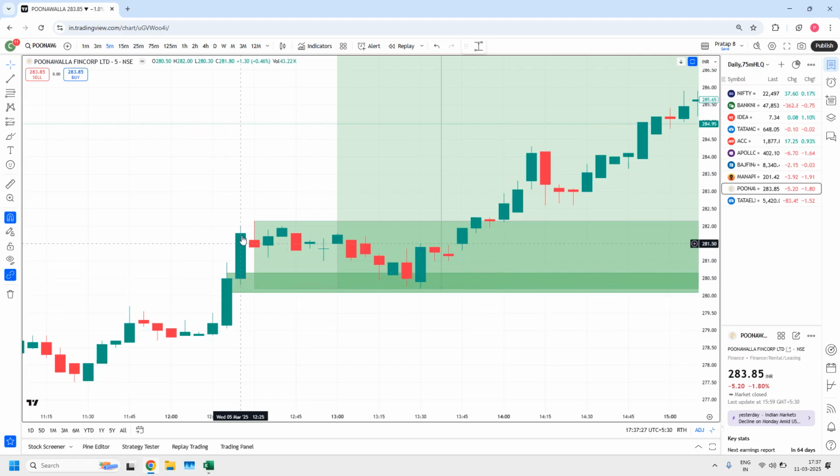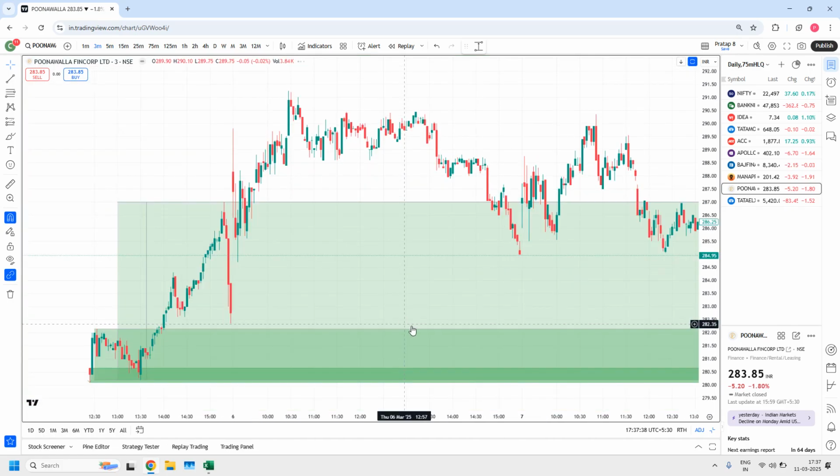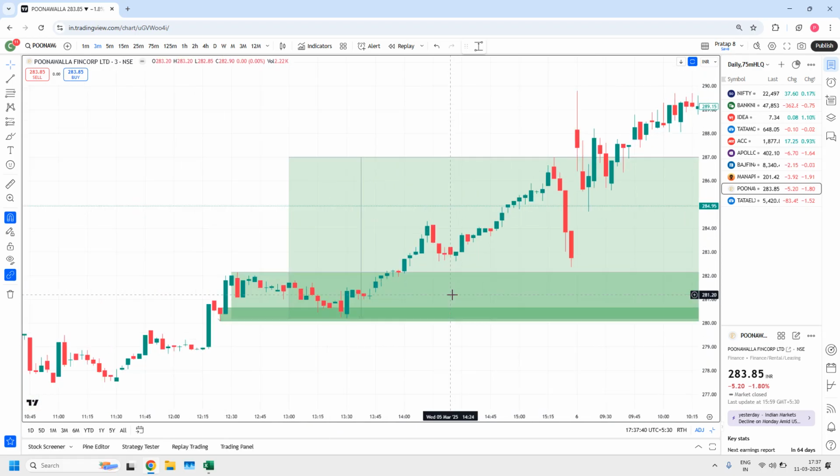When you have two large candles, the higher wick and the lower wick of the candles, in between you might be finding a strong institutional order flow. So what I did, I went to the 3 minutes time frame. In the 3 minutes time frame, here I have seen